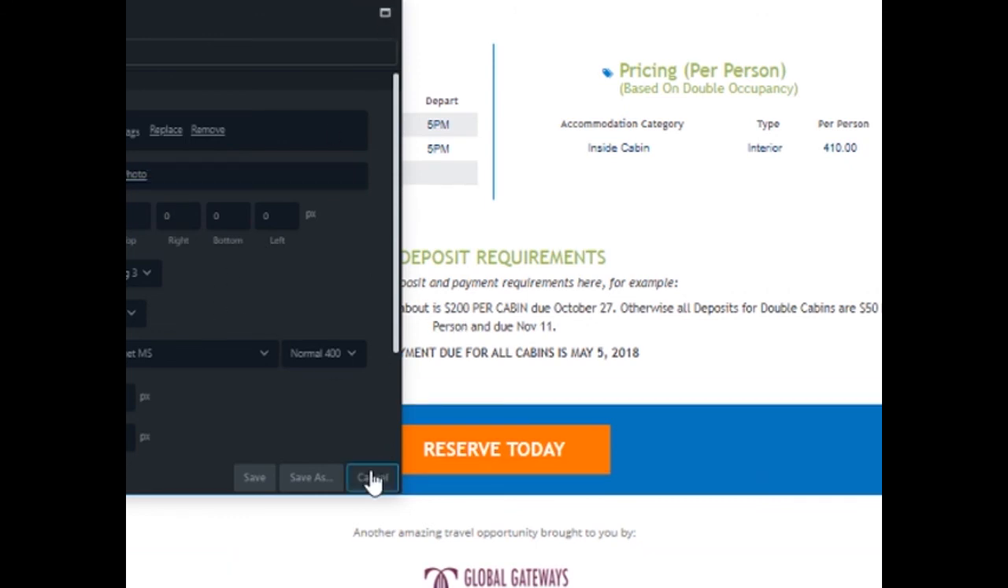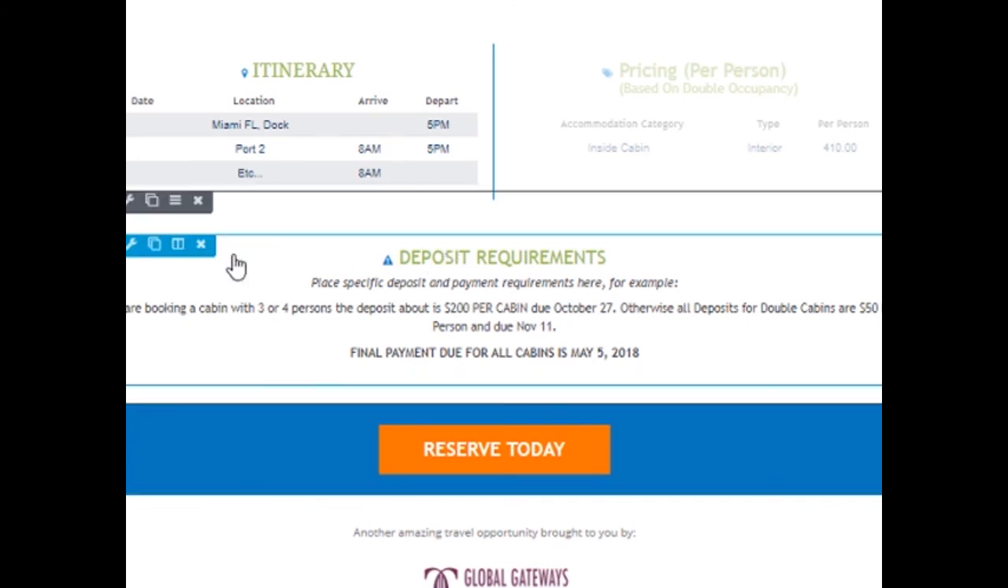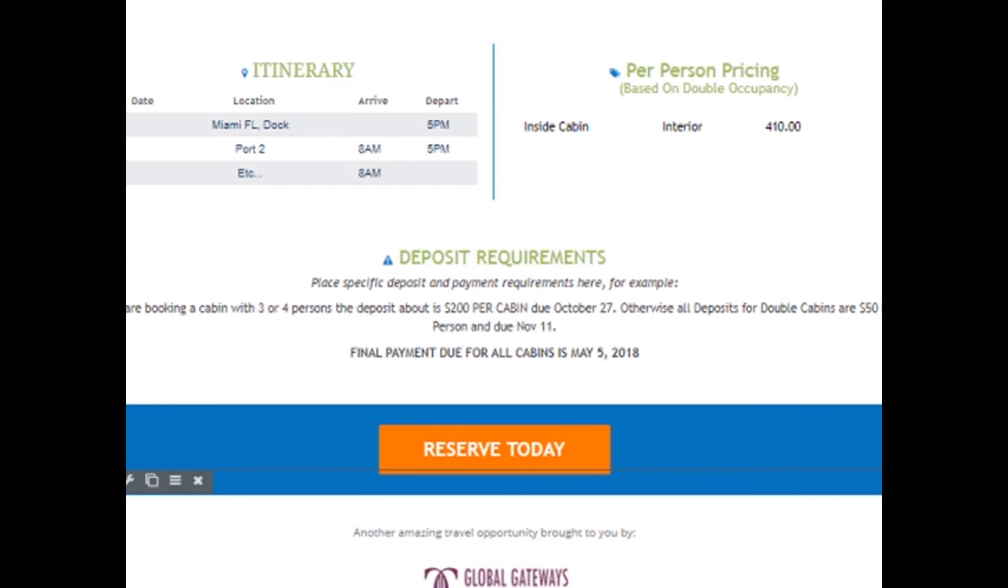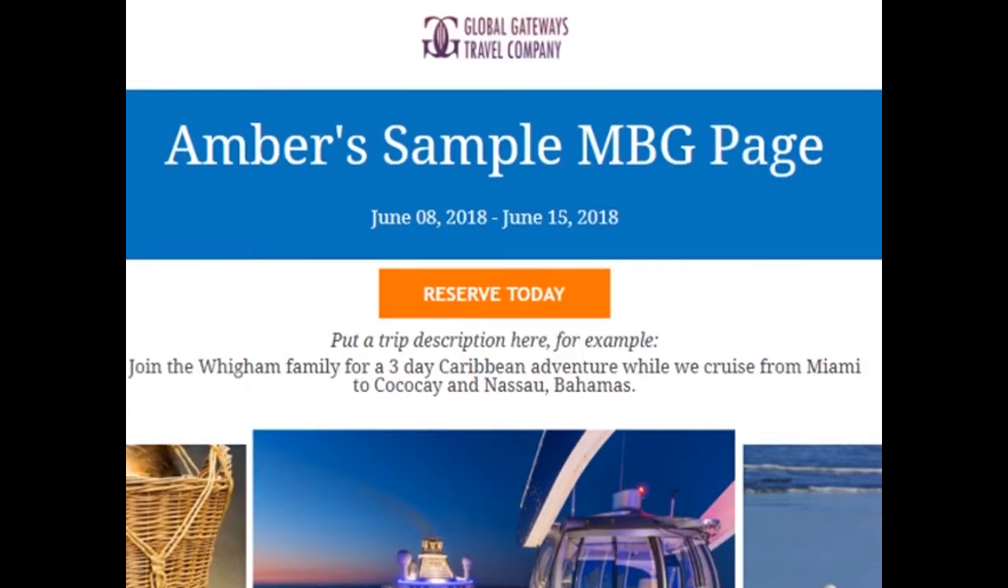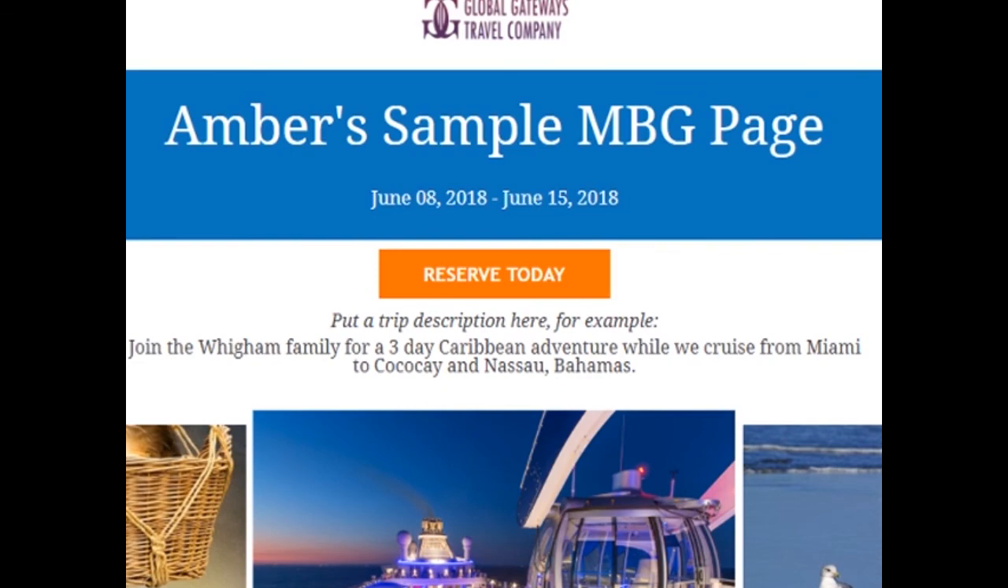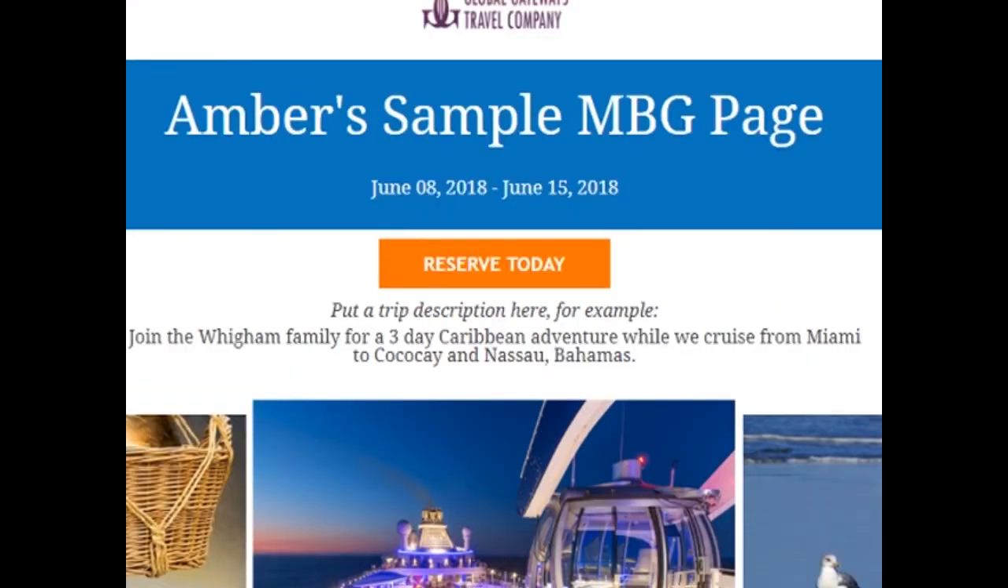Again, I'm going to hit cancel. You also can edit the deposit requirements. The information that's down here is populated from your dashboard information, but you can add and edit this as well. So if you have a group leader who you would prefer for the clients to contact, you can put that information in. All right. Once you're done,